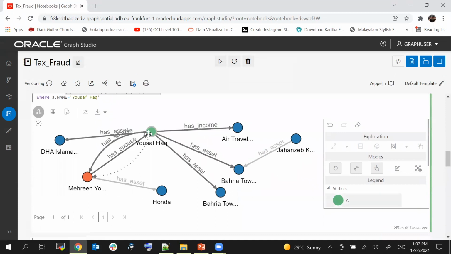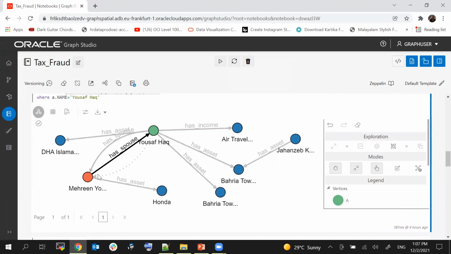So now we look into the graph that is generated based on that query, and we can see that it has given us back all the needed information: how much income he is generating, what all assets he has invested in. So we can see that he has invested in multiple properties, and we also have the information on their spouse. The spouse has invested in an asset as well, which is a car. And we can also see that there is a common connection between one of the assets. So if you look at Bahariya Tower,